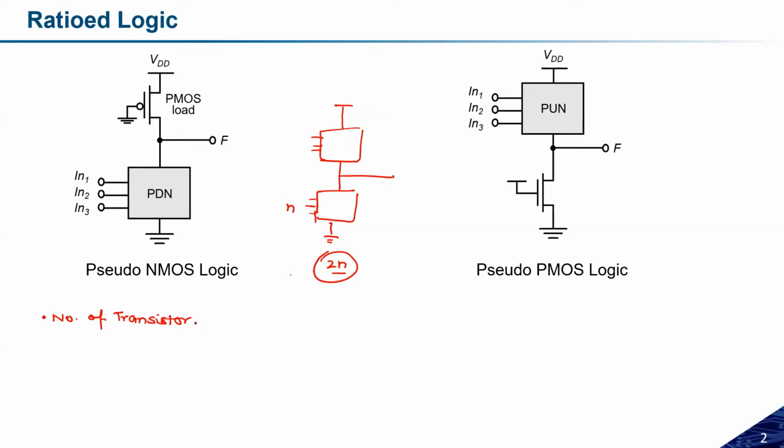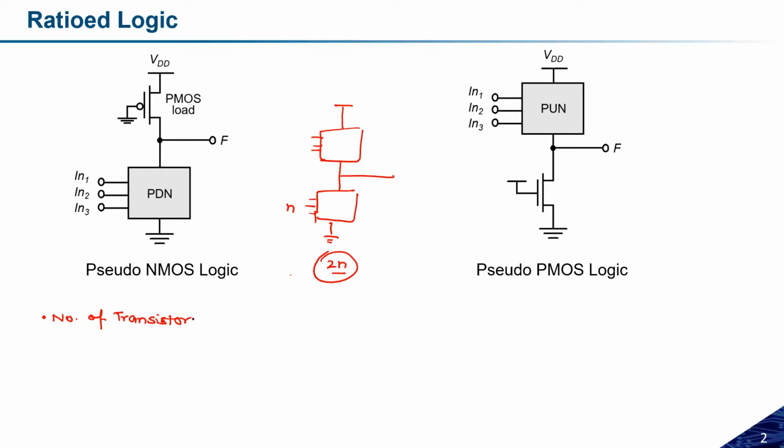There will be a problem: the maximum swing is not possible, so there is noise margin degradation and the noise margin will be less. Of course, there will be a drop. If the pull-up network is stronger, it will be quite difficult to get the lower logic level. Similarly, in this second case, if the pull-down network is stronger, it is quite difficult to get the maximum logic level. So definitely there will be a drop because of these always-on transistors.